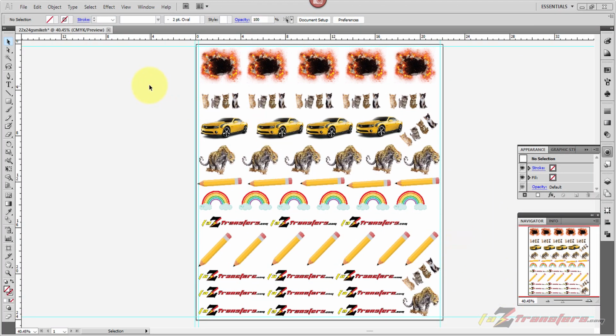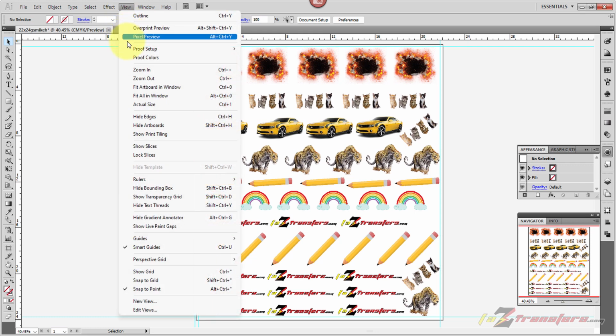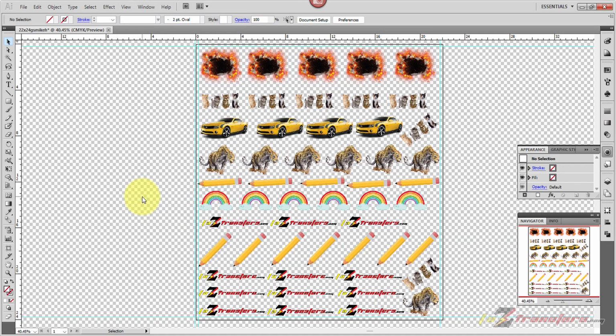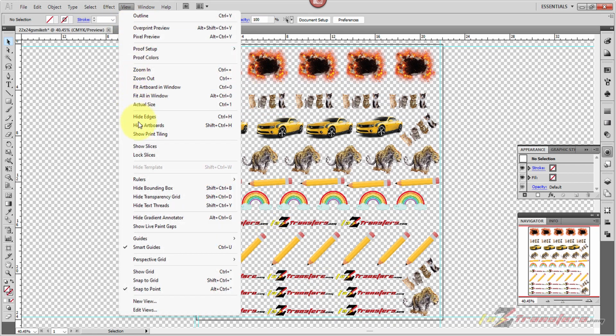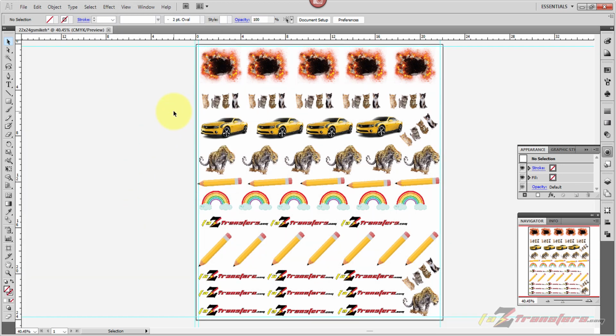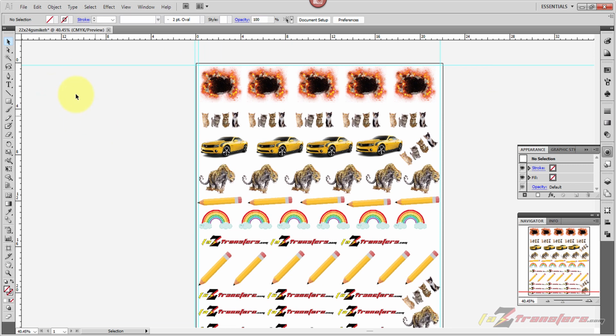All right, and to see what it looks like transparent, you just go to View, Show Transparency Grid, and you can see there's no white behind them. So to get it back like it was, just go to View, Hide Transparency Grid. All right, so after you get your sheet and everything, all you gotta do is